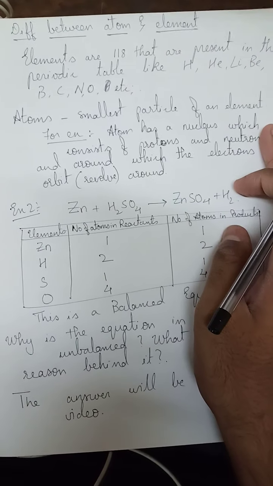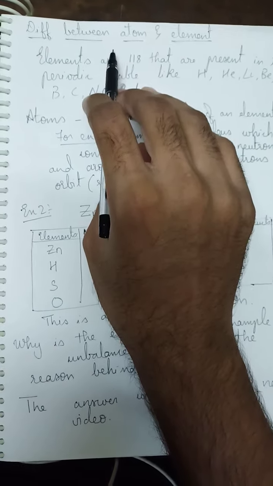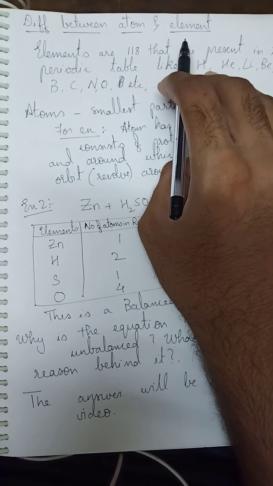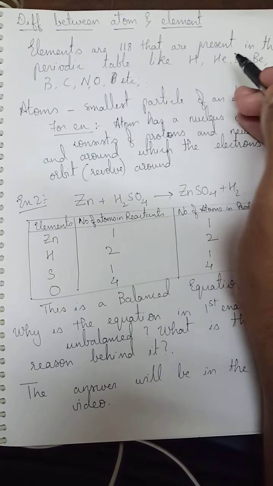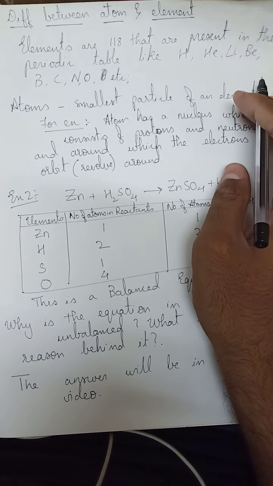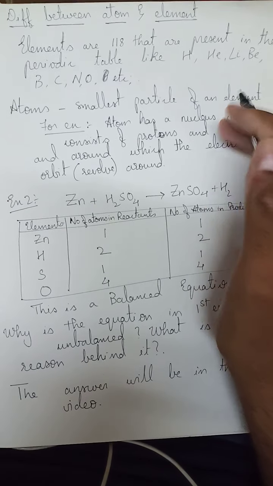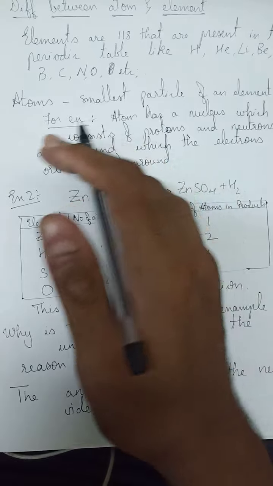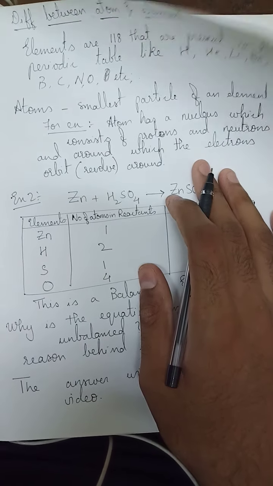Now coming to this basic topic, another thing everyone gets confused about is the difference between atom and element. Actually I am planning to make a completely full video about atoms and elements. So for now I'll briefly tell you what an atom and an element are. If you see the periodic table, there are 118 elements present. The first one is hydrogen, then the second is helium, lithium, beryllium, boron, carbon, nitrogen. It goes on and ends after 118 elements.